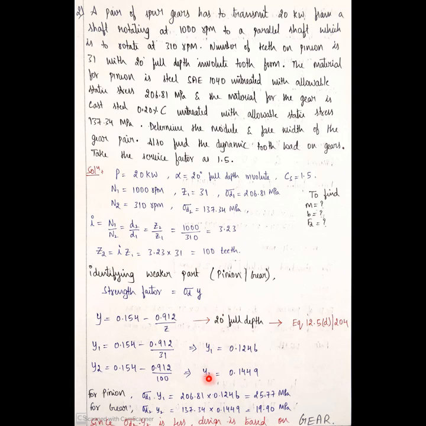Similarly, multiply Y1 with sigma D1 and Y2 with sigma D2. If you check here, the value of the strength factor is less for the gear, 19.90, hence the design is based on the gear. Understood, guys? Previously it was the pinion, now it is the gear. Ultimately the smaller value decides, so the design calculations are based on the gear. Okay, this step is over.